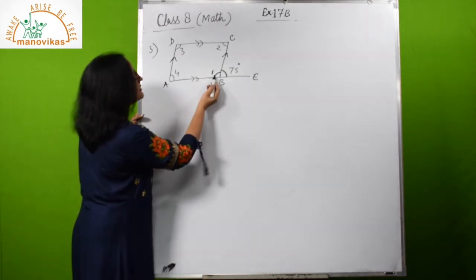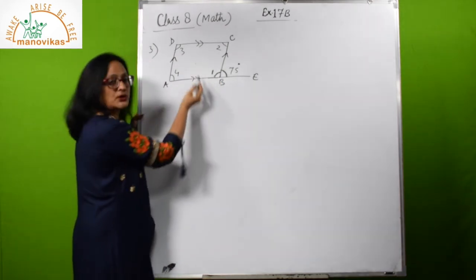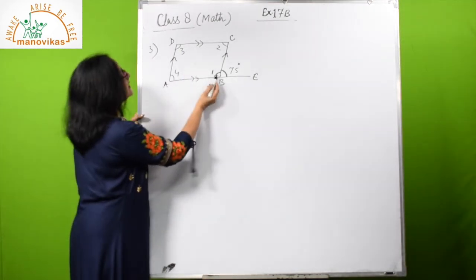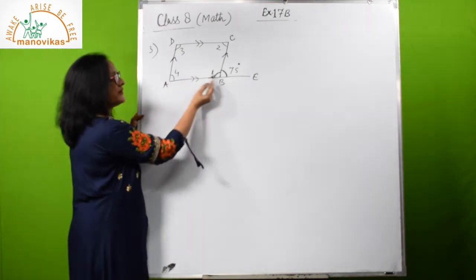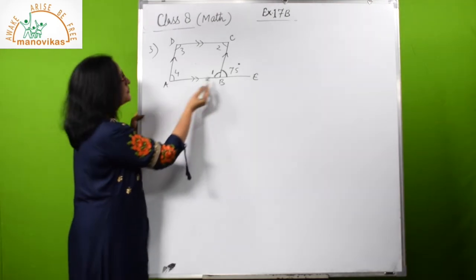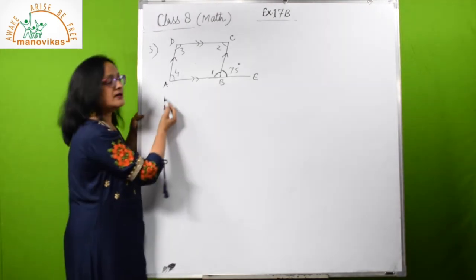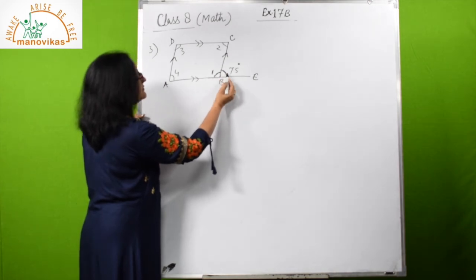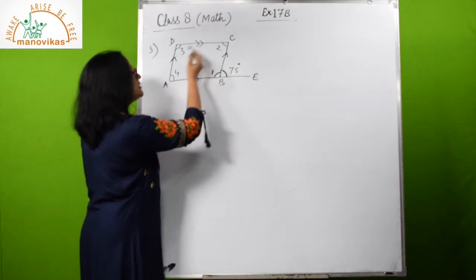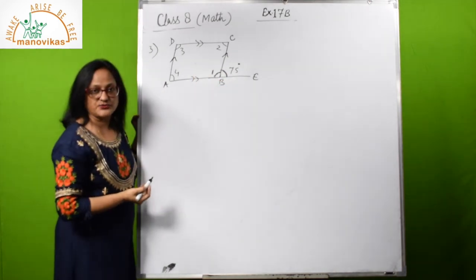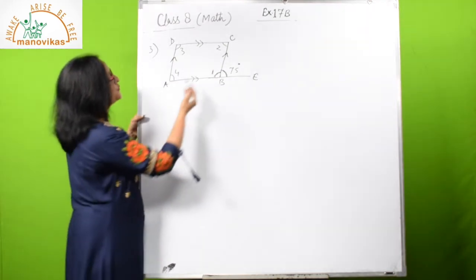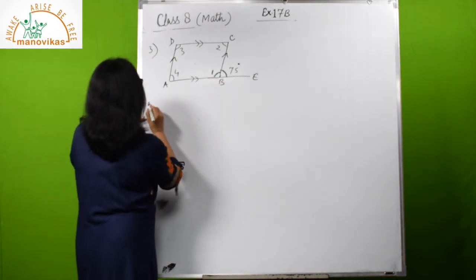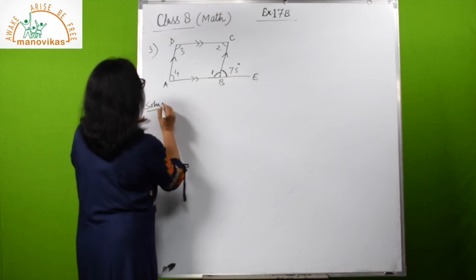When you get this angle 1, angle 3 will be equal to angle 1. That way you can find angle 3 also. Then angle 1 and angle 4 are adjacent angles. So with the help of angle 1, you can find angle 4 also. Means with the help of the 75 degree exterior angle given, you can find all the interior angles of a parallelogram. So which connection here will you take? That is linear pair. So let's start with that connection.